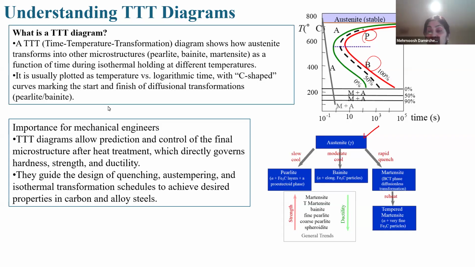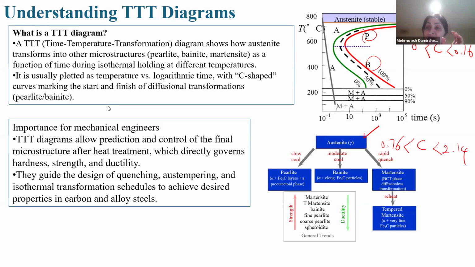Another important thing is the carbon content. For different carbon content, this TTT diagram is related to eutectoid, hypo-, and hypereutectoid. If you remember for steel, if the carbon is between 0.022 and 0.76, we say hypoeutectoid. And if C is between 0.76 and 2.14, we say hypereutectoid. So for different carbon weight percent, we have different TTT diagrams. So you should pay attention.